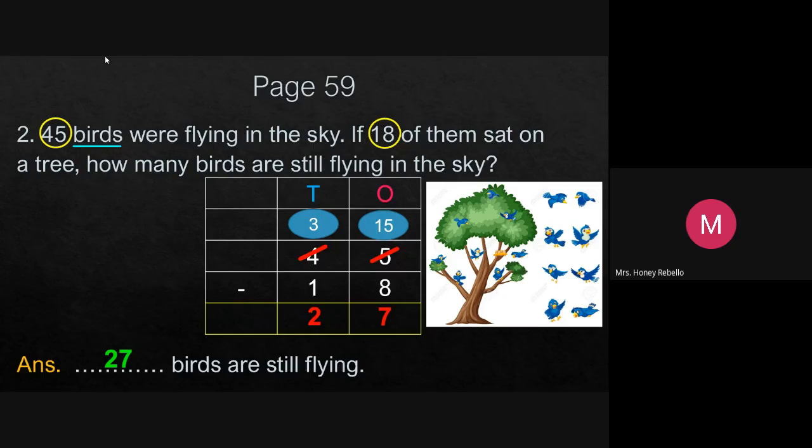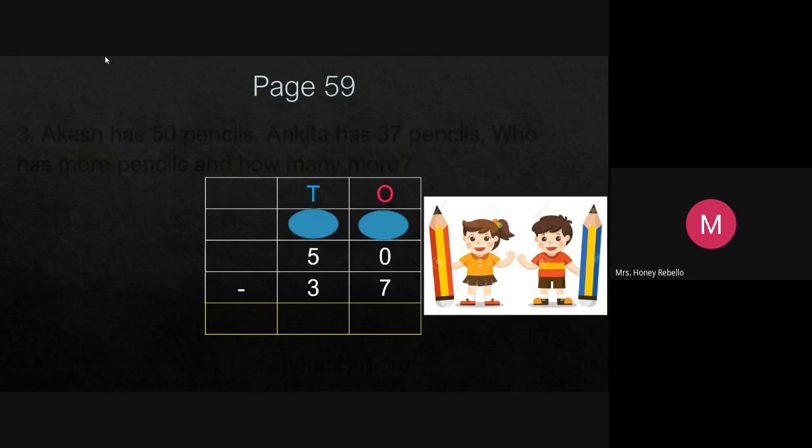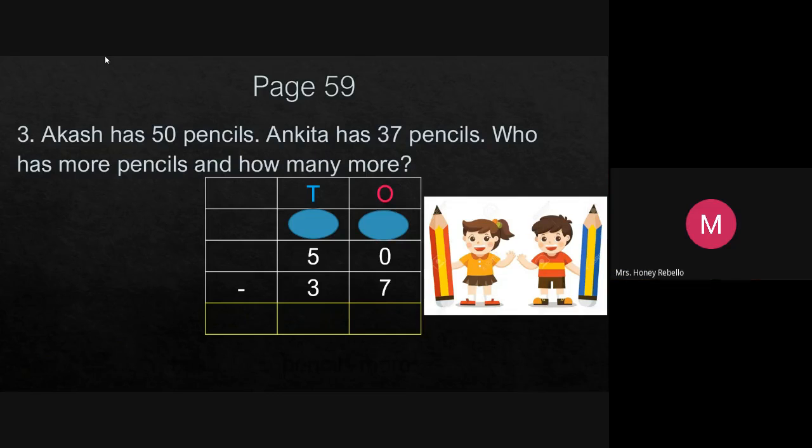Now, next is Tarush. Tarush, get ready for the next sum. Tarush, turn on your camera. Okay. Now, please listen. Tarush, read the third sum from the screen. Children, when I am teaching others, you have to copy the sum. Whatever we do after that, don't tell me to show once again. I won't be able to do it. Now, please, Tarush, read this.